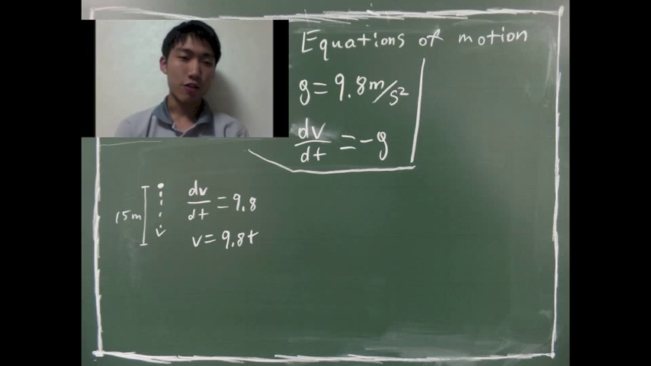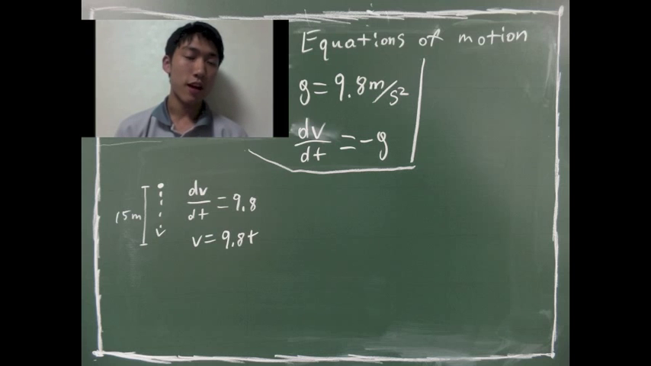But as you can see, I've purposely neglected the c because at time 0, the velocity needs to be 0 because the ball is dropped. And when t is equal to 0, c also needs to be equal to 0 for v to equal 0. The next step would be to calculate